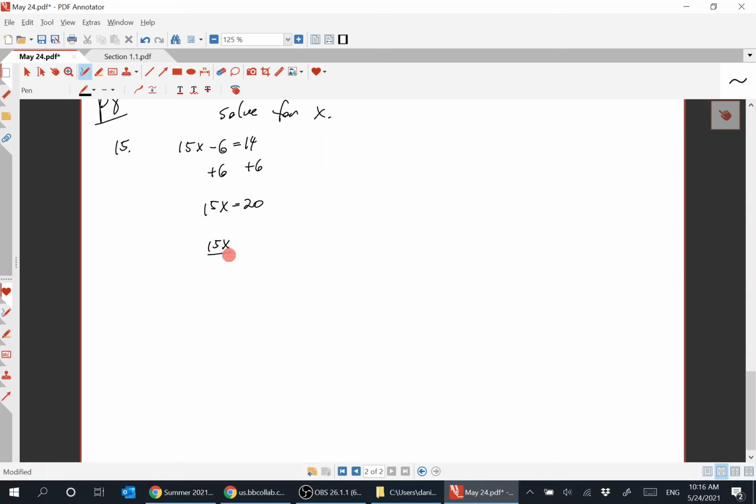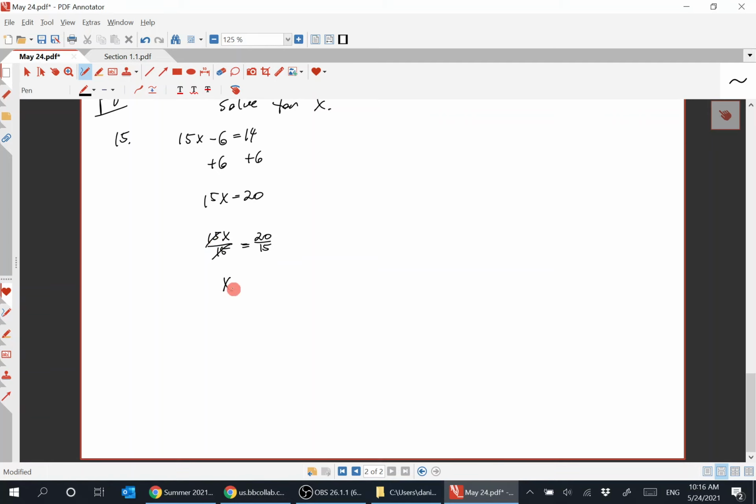So then I want to divide both sides by 15. The 15s here go away, and I'm left with x equals 20 over 15. 20 over 15 is 4/3 in lowest terms. So that's really the very simplest type of linear equation that you can solve, and you always get an answer, and that answer is always unique. 18, same thing. 21,